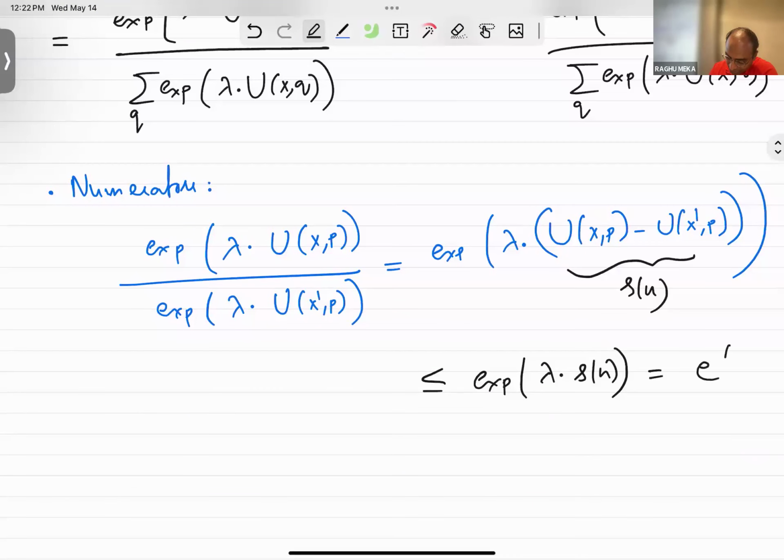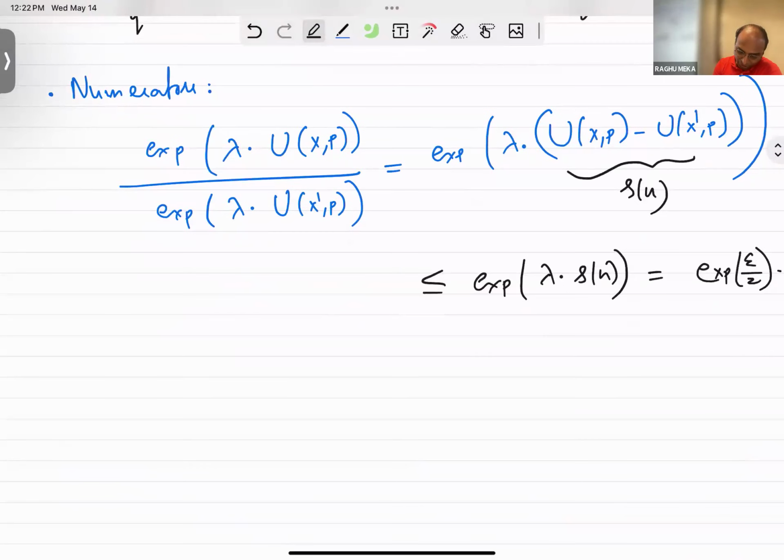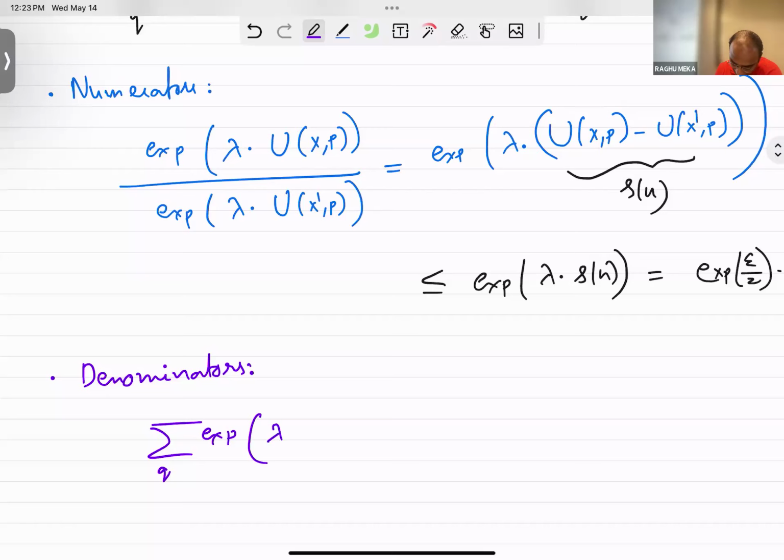So this is like e to the epsilon over 2. And then you do the denominators, same calculation again. If you do the same exact calculation, you get